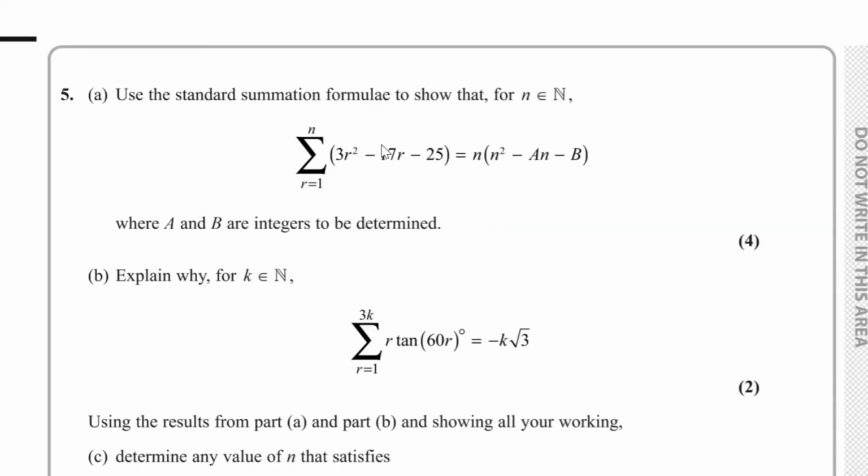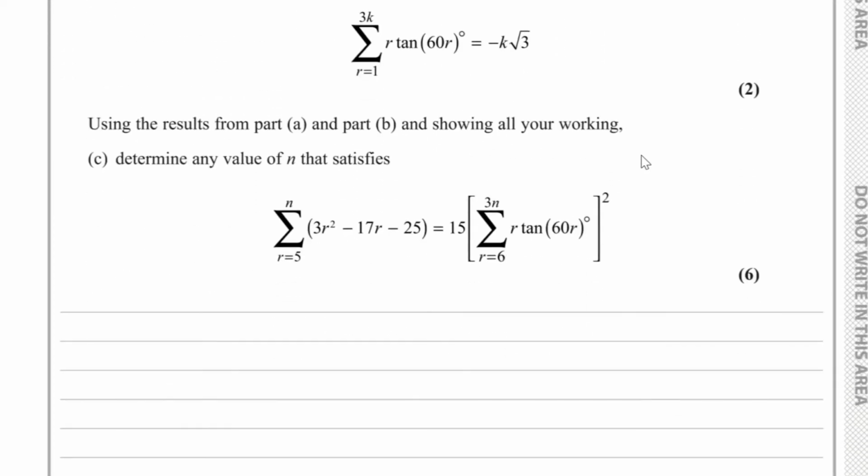Question number 5. For part A, we have to use the standard summation formulae to show that for n being a natural number, the sum from r equals 1 to r equals n of 3r squared minus 17r minus 25 equals n times n squared minus an minus b, where a and b are integers to be determined. So for part A, we have the sum from r equals 1 to r equals n of 3r squared minus 17r plus 25,